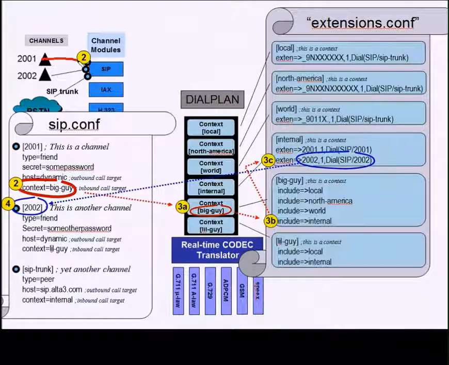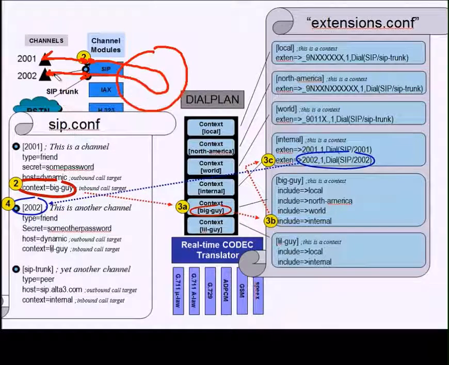First of all, the signaling arrangement between 2001 and the Asterisk UA is strictly between those two. When we map through the proprietary Asterisk call control to another SIP dialog operating between 2002 and the channel 2002,